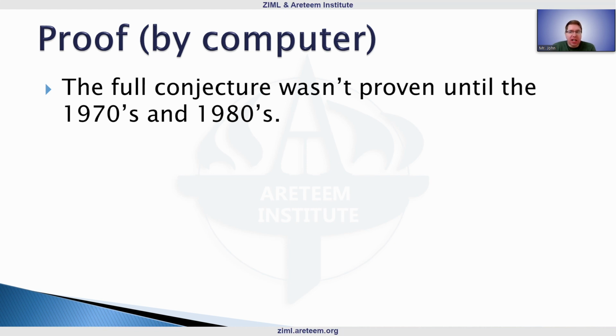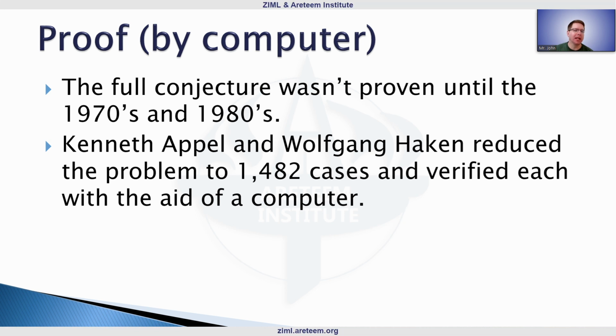This four color conjecture, like I said, it was a long time. It wasn't proven until the 1970s and 80s. There was still some pushback on things that way as well. Some things were corrected. The two people credited with this are Kenneth Appel and Wolfgang Haken. They reduced the problem to, and this is where things are a little bit crazy or funny, they reduced it to